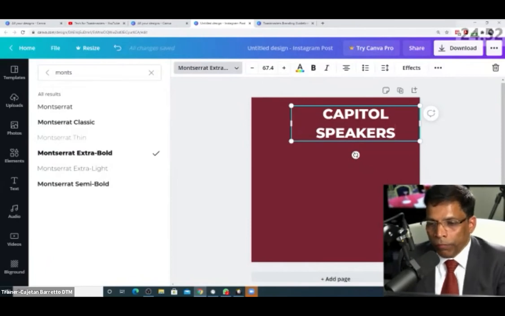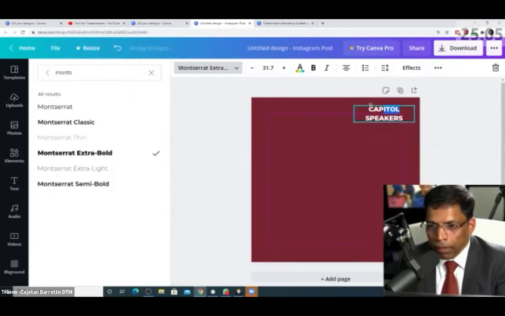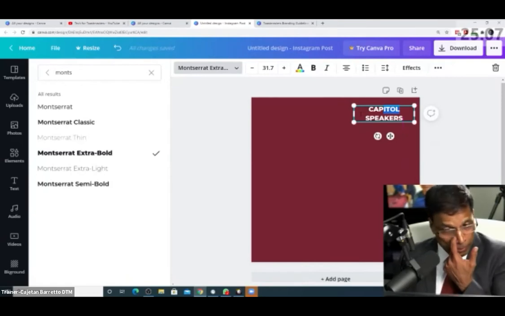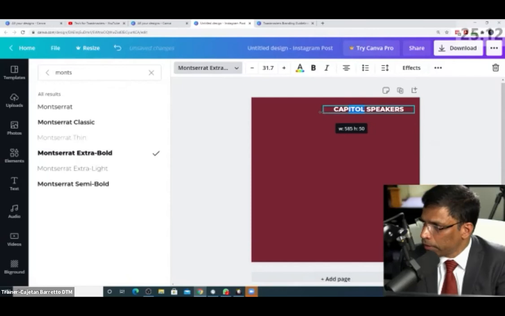And again, as we know, if you want to make it smaller, we can use any of the side handles on the corners and move it like this. So it becomes the size that we want. If I want it on one line, then I can drag this way from here like this.